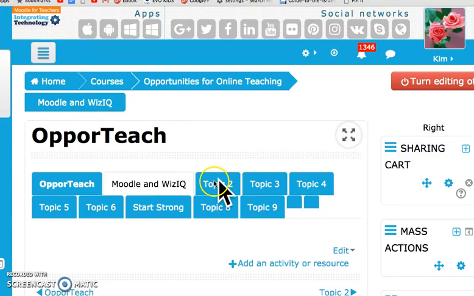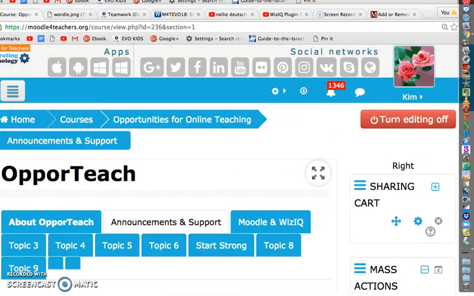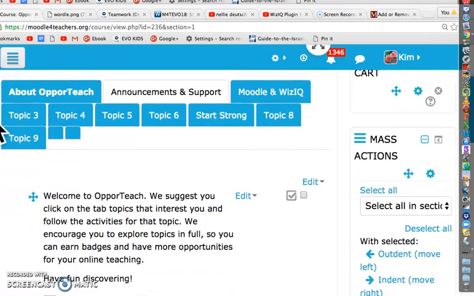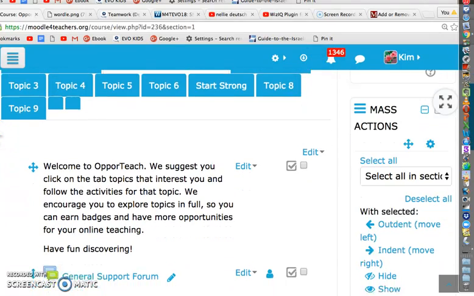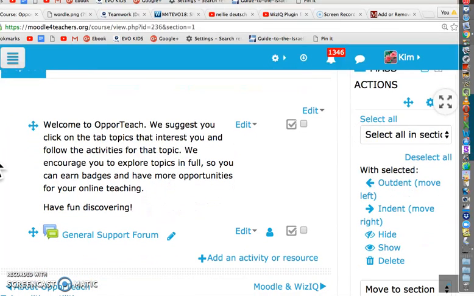I'm going to do the same thing. I'm going to hit 2, I'm going to hit edit, and I'm going to rename it, and then I'll probably move it to right here. Okay, so here I added activities and resources under the page announcements and support. I used the label